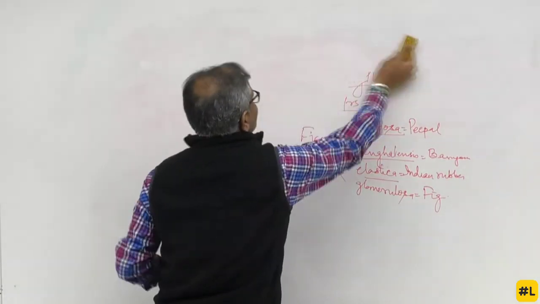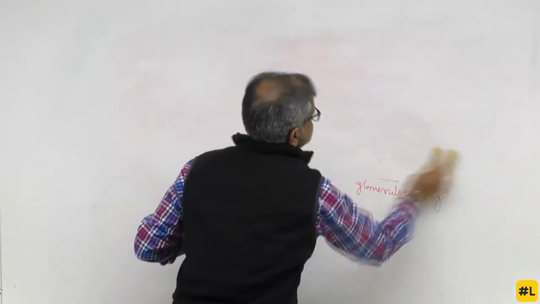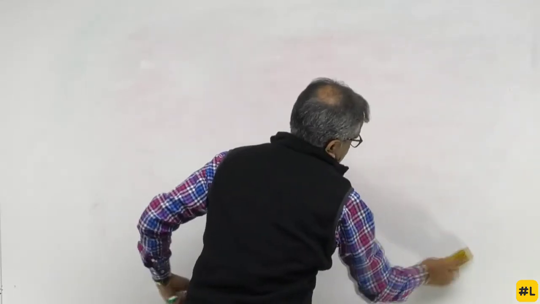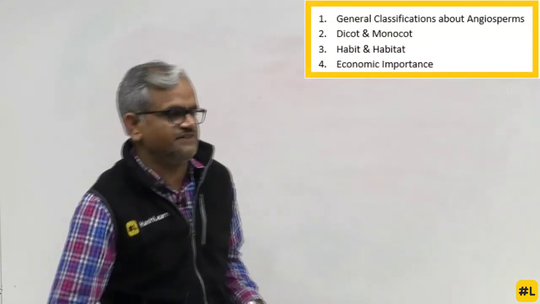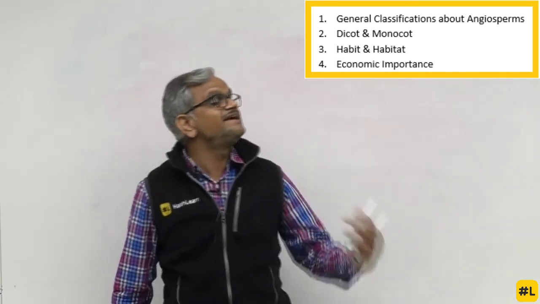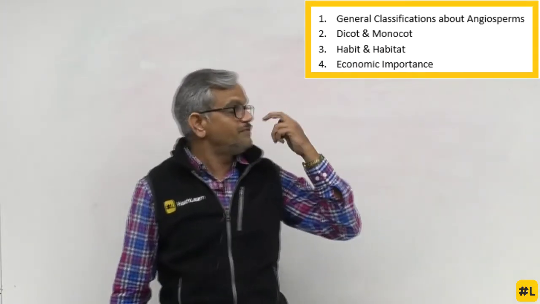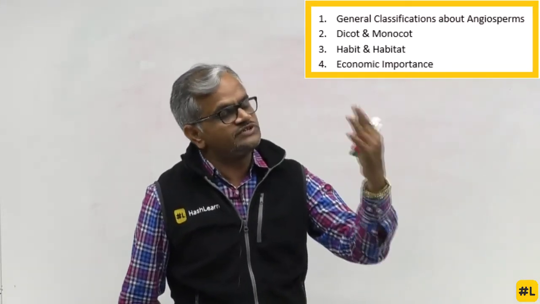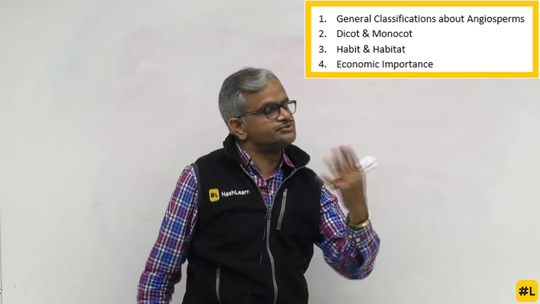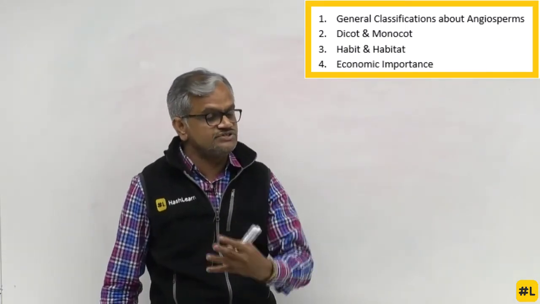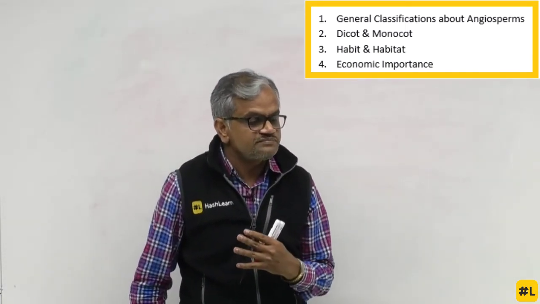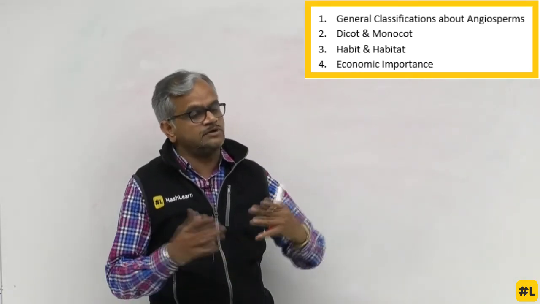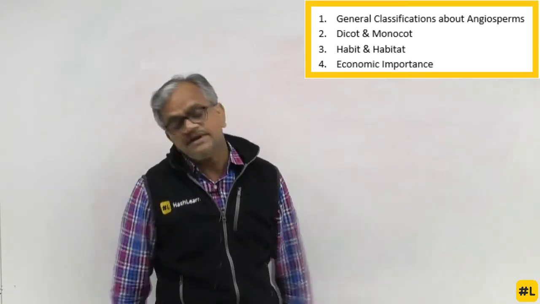Okay. Before I conclude, I just want to brief what I did with you people. I told you about monocots, dicots, classification, natural system, phylogenetic, artificial, then I moved from habit to habitat, different based on age. When I say age, it is ephemeral to perennial, perennial to annual, and from annual I moved to dicots, dicots to monocots. In dicots I told you root, root to stem, stem to leaf, venation, everything. And then I told you in between about economic importance. In angiosperms, economic importance is an ocean, right?